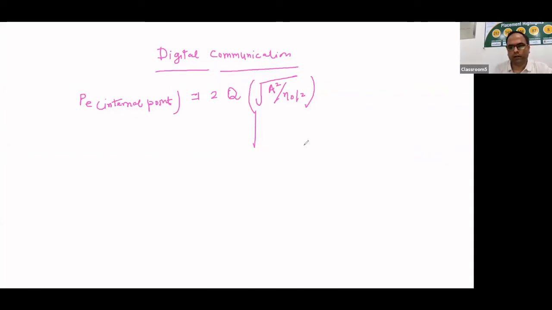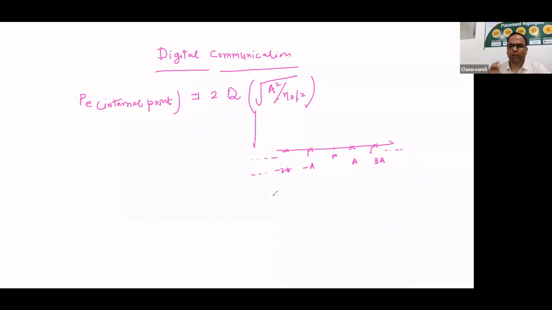So as we have seen in the constellation of PAM, what the situation can be is that we are having 0 here, and this is the first constellation point, this is the second constellation point, and then we can have capital M constellation points. The amplitude for the first constellation was A, then we'll have a gap of 2A, the second point will be 3A and so on, and similarly here we were having minus A and then minus 3A and so on. This was the situation. And we have divided the calculation of probability of error in 2 cases.